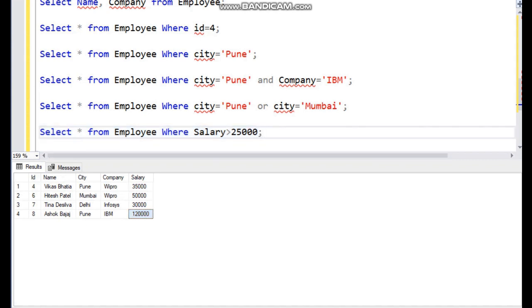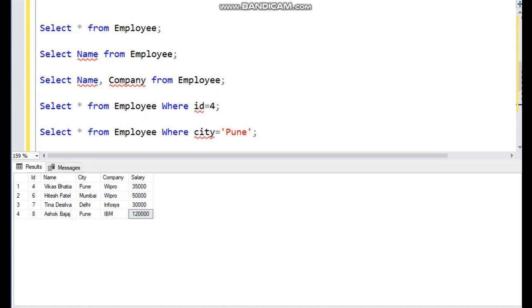Select queries. We have seen the basic select command, that is select star from table name. Here star is replaced with all the columns of the table, so you will get the entire table. If you want a particular column, you can replace the star with that column name. If you want more than one column, you can replace this star with more than one column name separated by comma. Now we have seen conditions. If there is a condition, you can specify that condition in the where clause.